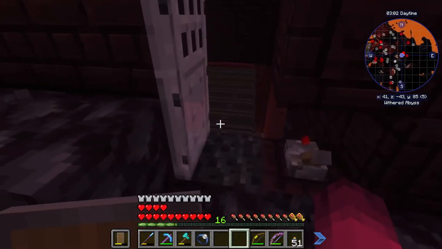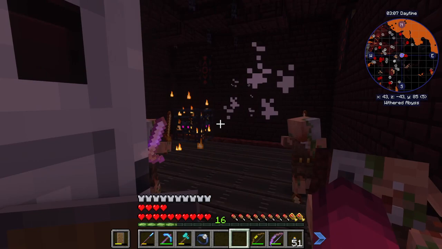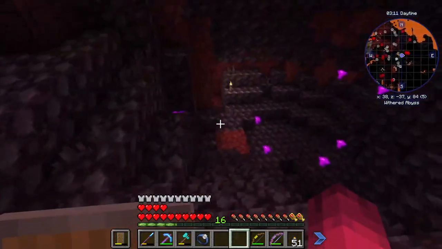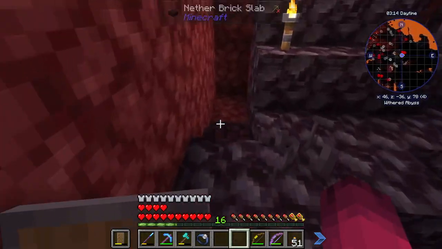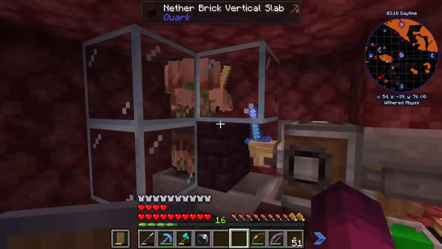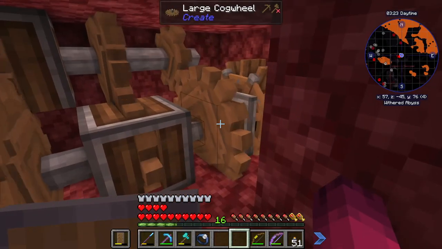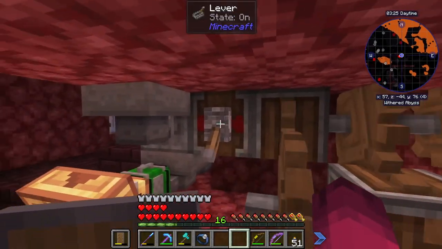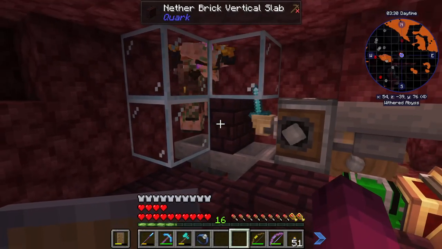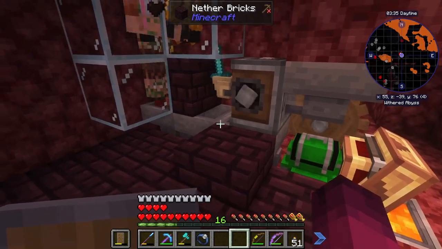So when that is getting power, big spawn, bigs fall down. They fall down here, and then this other contraption spins faster, spins faster, spins faster. Mechanical sword. This gets me...